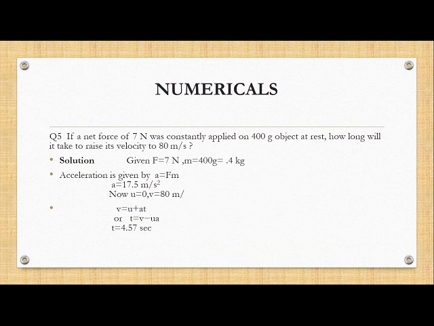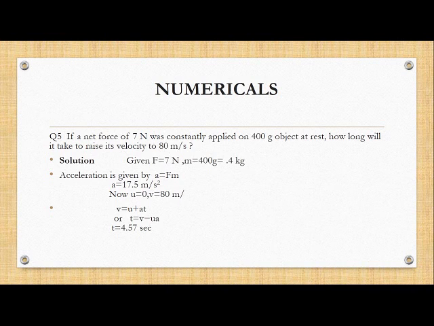Now what you do, children, is first copy down how I have done. Next time, do not look at the solution, just read the question and try to find out. When you solve a numerical, children, the first thing is you have to write what is given. Once you understand what is given, automatically your brain will run in that direction, that which formula is to be used. Once you understand the formula, it is easy for you to know what are the physical quantities that you need to calculate. For example, look here.